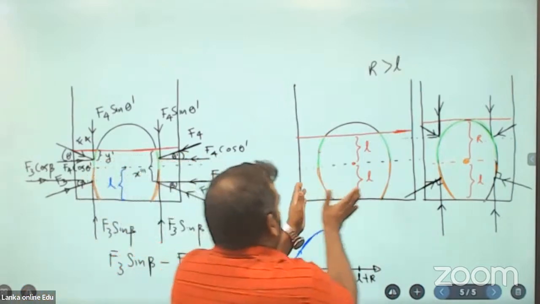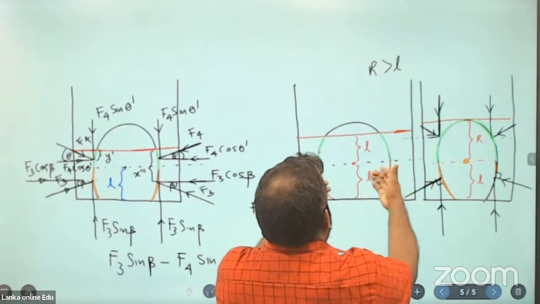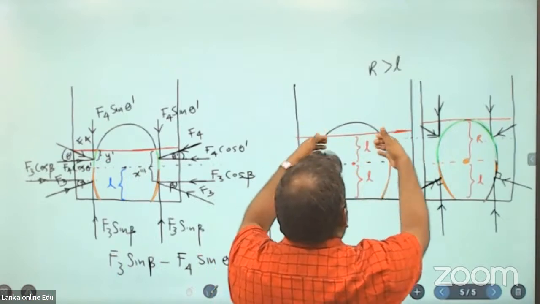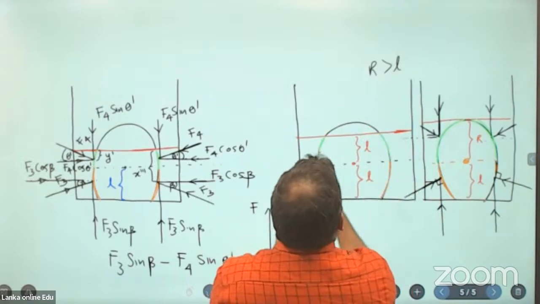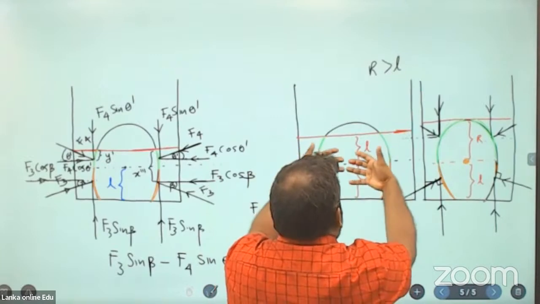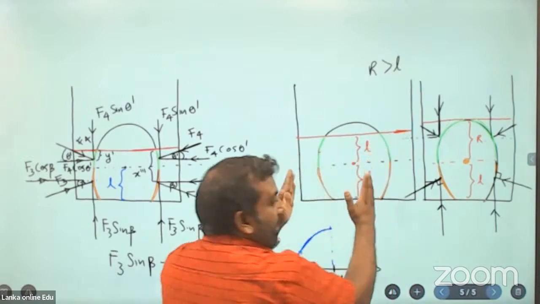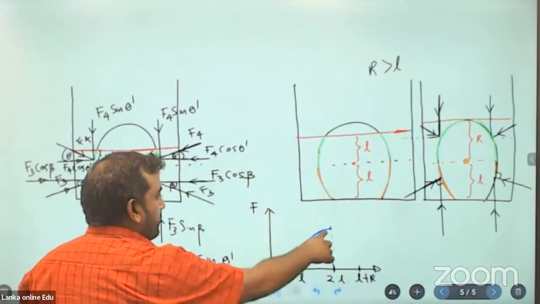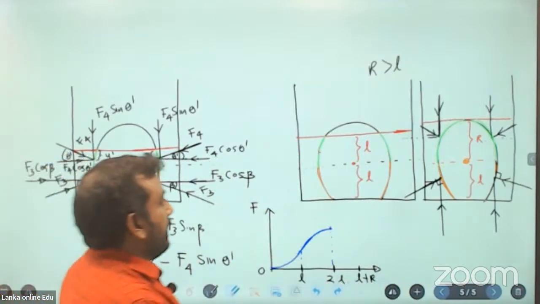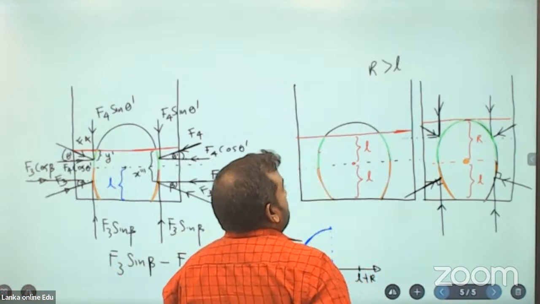Understood? Here, smaller volume here, larger volume there. Here, larger upward force. There's a downward force. So you have a larger resultant force acting where? Upward. Maximum. Maximum. And when it goes beyond this,